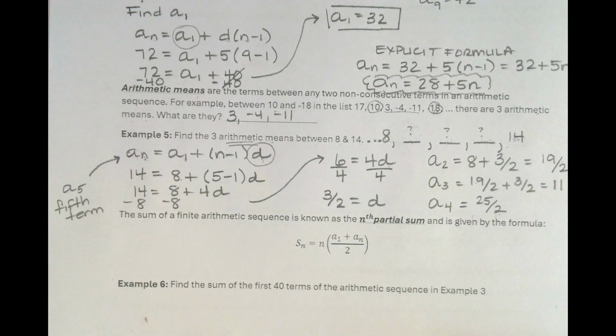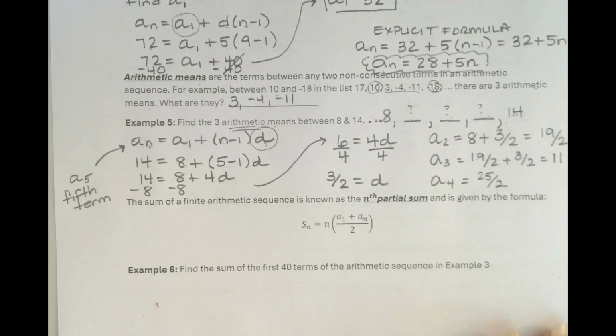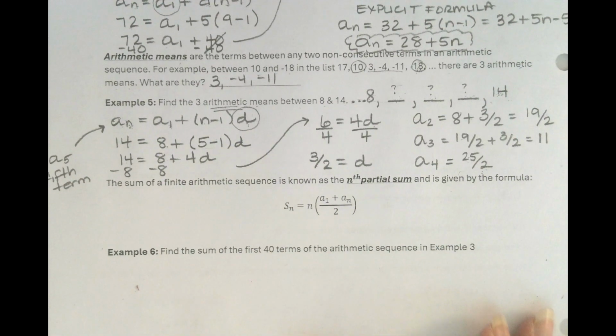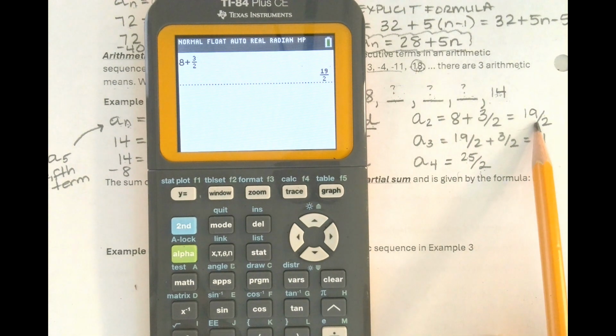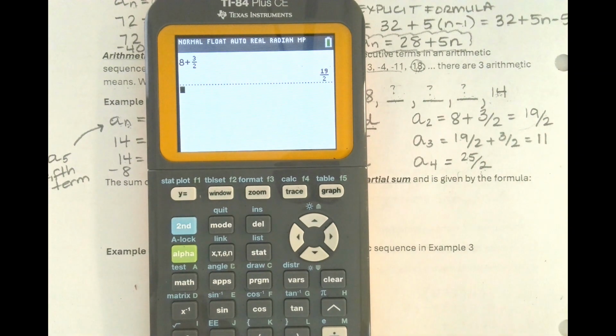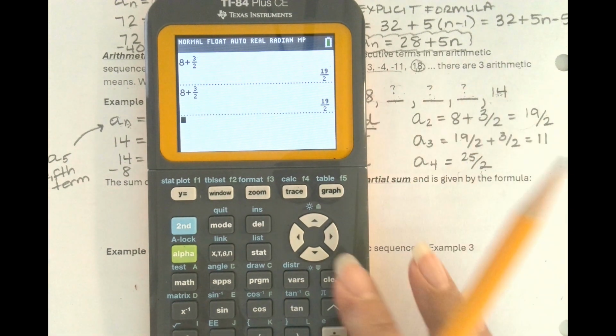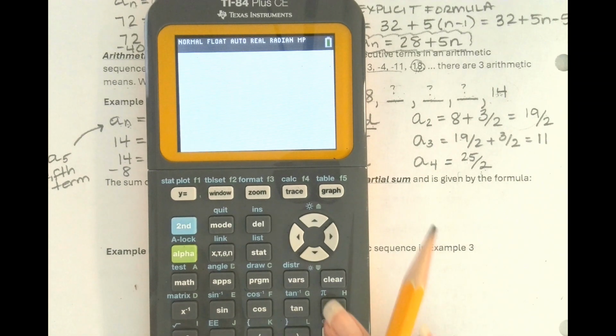Okay? There's something that I showed students on the calculator that I want to show you. So let's type in the 8 of the first term and add the 3/2 by doing alpha y equals. I write it as a stacked fraction and I hit enter. There's your 19/2, right? Let me start over again. 8 plus